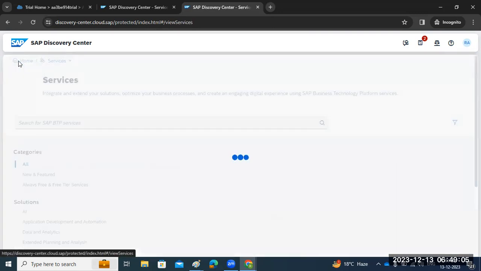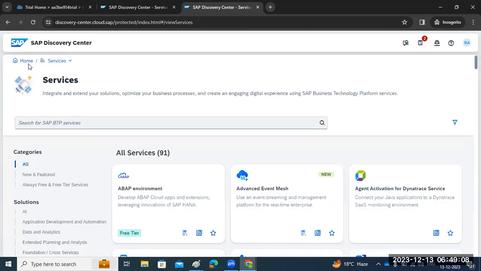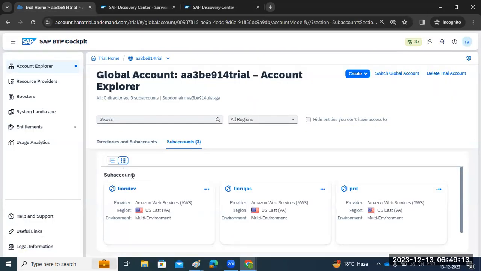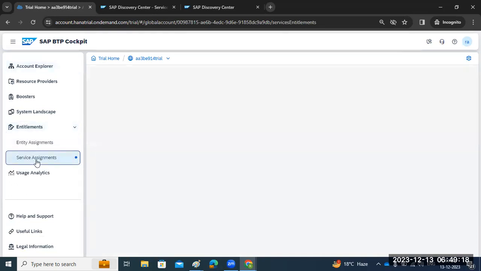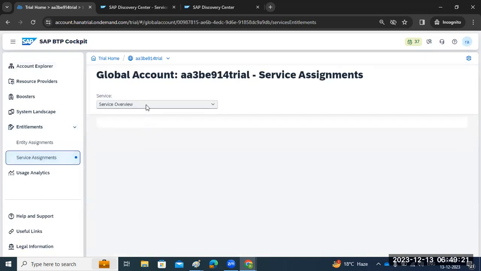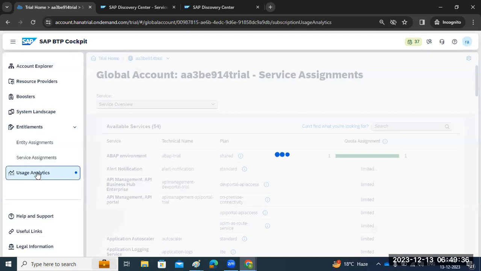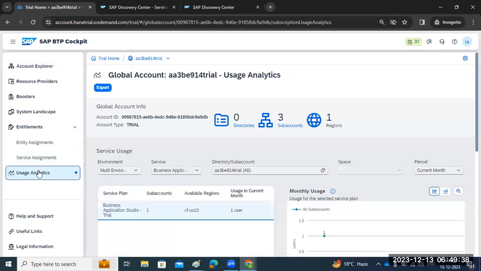We just have to pick up the service from the discovery center. By default, a few services are already available in our account, and you can use those. I will explain this slowly: the naming conventions, how to take the service, how to use it, and how to do the configurations. I will explain all of it one by one. No need to worry, it is not all in one day, not for the entire course. We will just go slowly.